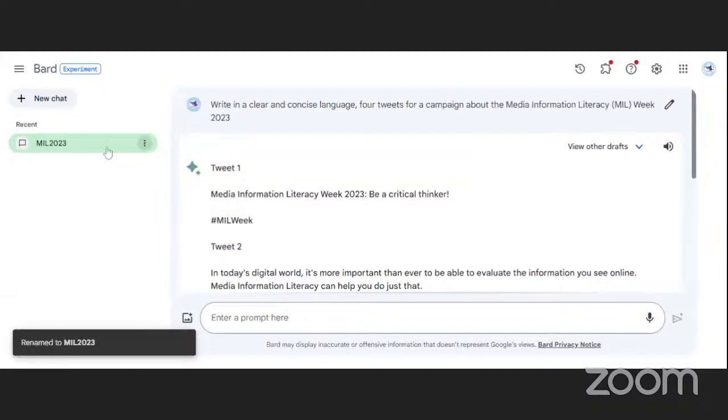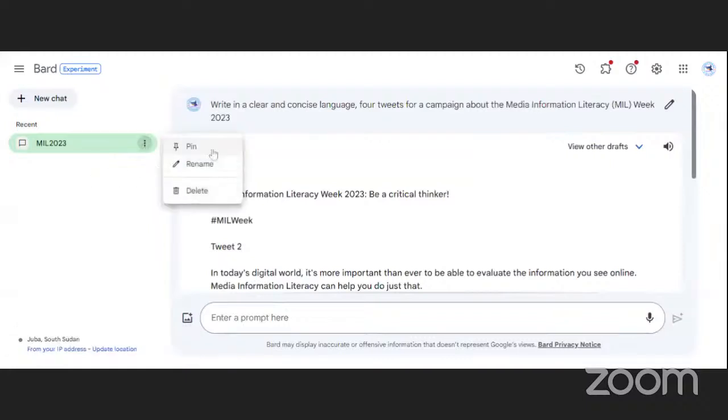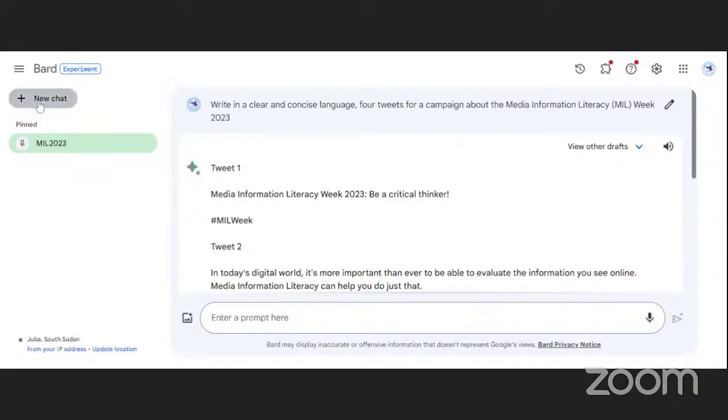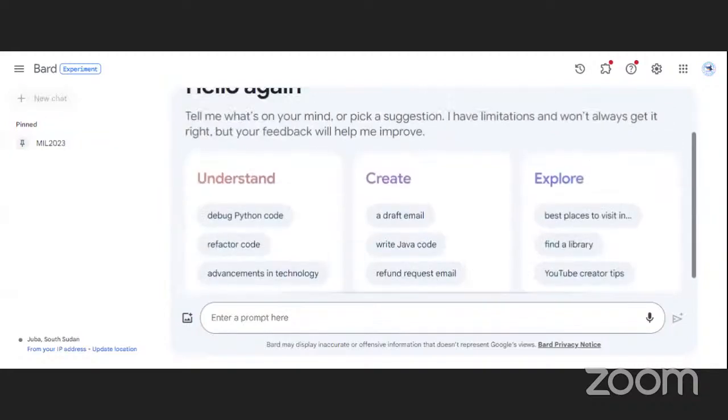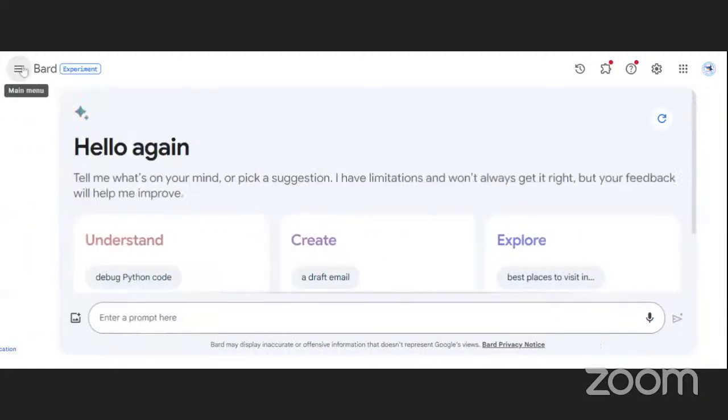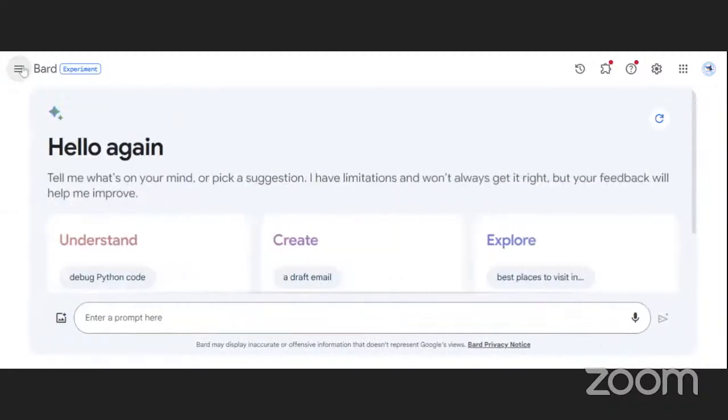If I want to pin it, I can pin it, and it will remain pinned like this. If I want to do a new chat, you click here, new chat, and then you begin a new chat with Bard. And if you want to hide this chat sidebar, you click this, and then it hides. So this is how it works.